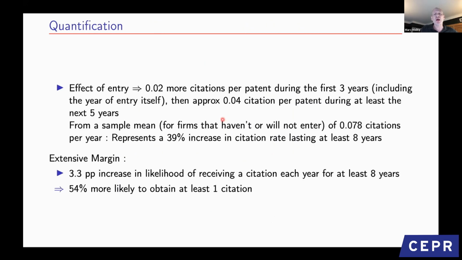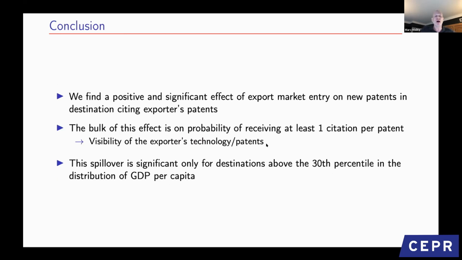So let me skip this. Quantification, I'll just summarize the coefficients by saying that these represent substantial increases in citation rates, both at the intensive and the extensive margin. So translating those coefficients to something that we can interpret: a 39% increase in citation over an 8-year period overall, and at the extensive margin, over 50% more likely to obtain that first citation. And so let me then wrap up, which is just to come back to my initial